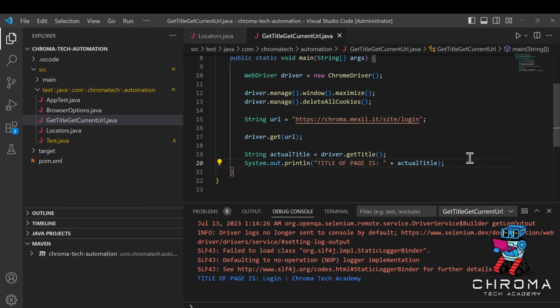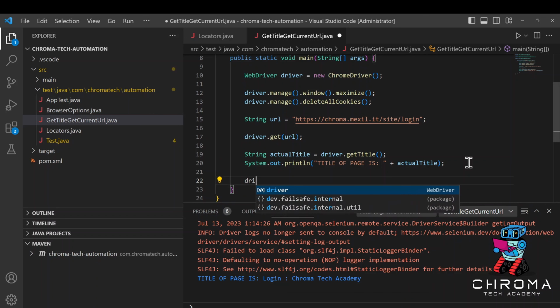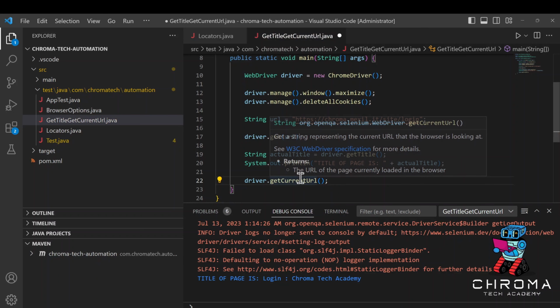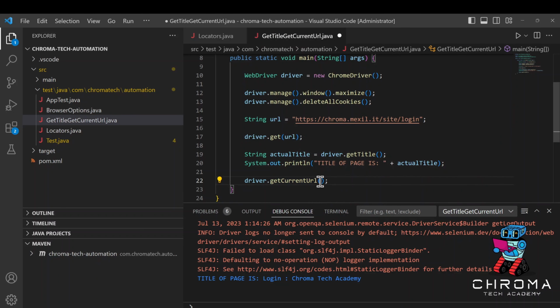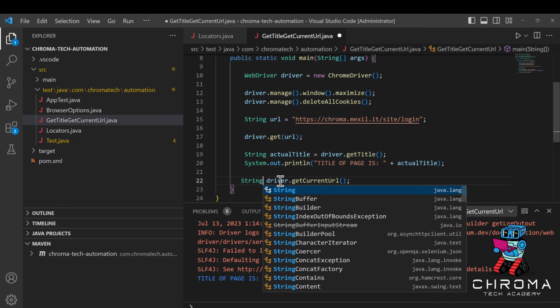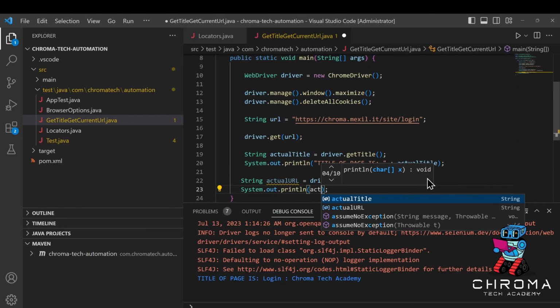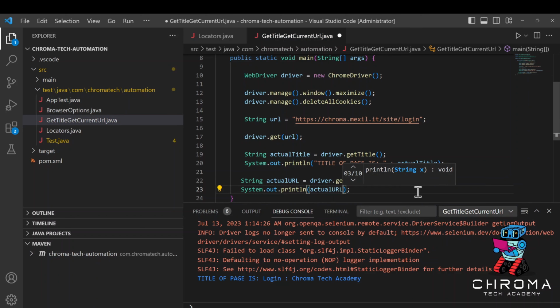Okay, so let's talk about getCurrentUrl. getCurrentUrl is the same thing. So we can do driver.getCurrentUrl just like this. And if we hover over this method, it returns a string. So if we want to see it, we actually need to print it out. So I'm going to go ahead and store this in a string. I'll call it actualUrl, just like this. And I'm going to go ahead and print this out just like this. And I formatted my code, Control-Shift-F. Again, we want to visibly see this better in the console, so I'll say